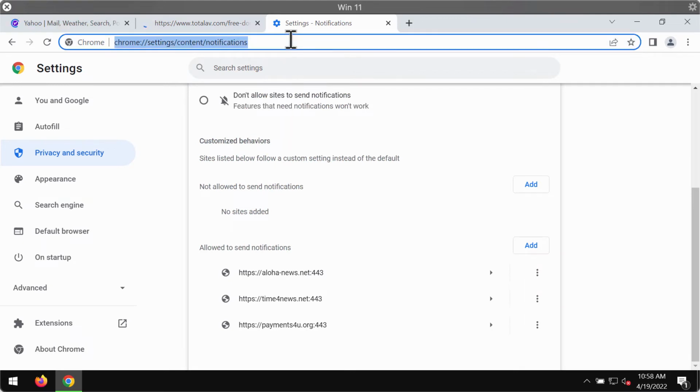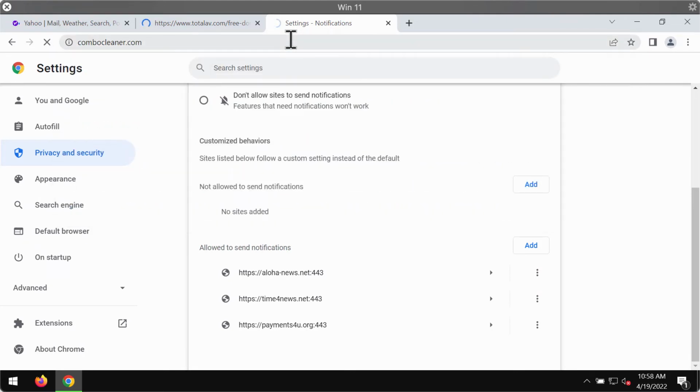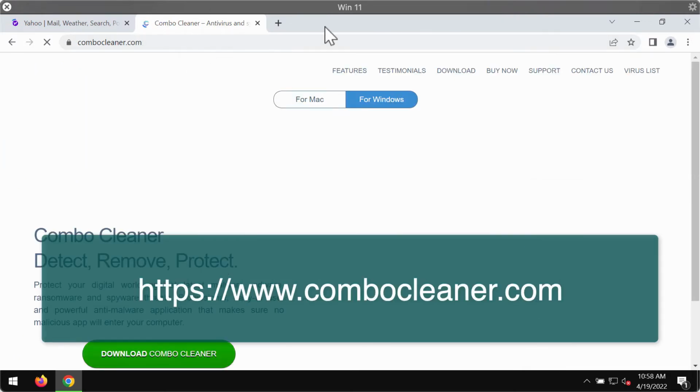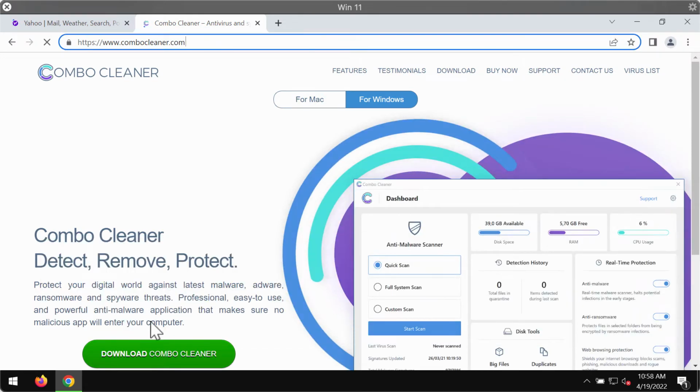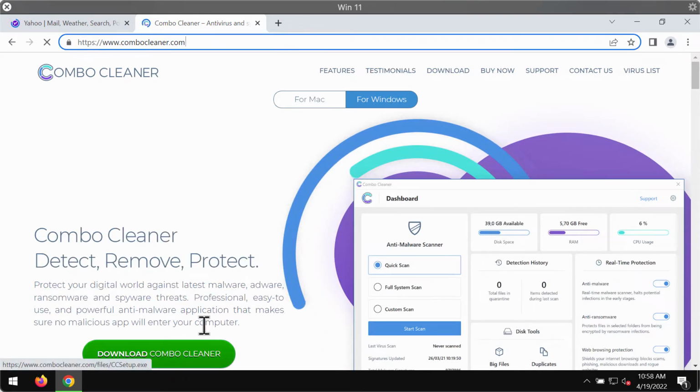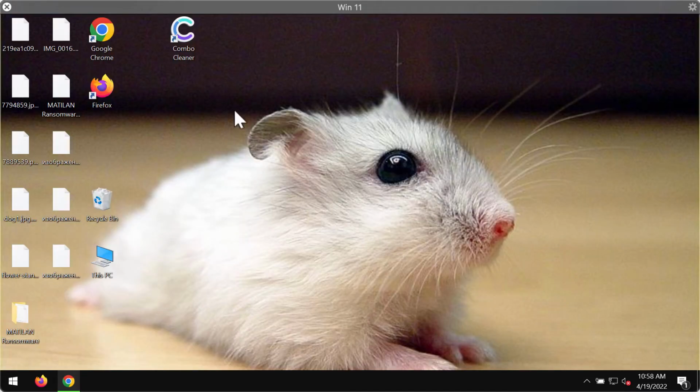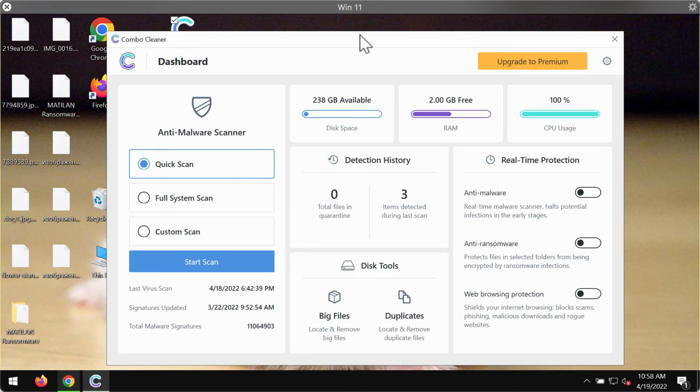malicious websites too. We also recommend researching your computer with the help of Combo Cleaner antivirus, and you may get it on the page combocleaner.com. Use this green download button, install the program, and start researching your system to detect and eliminate other infections from